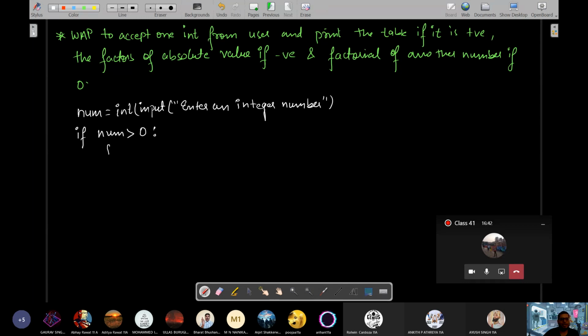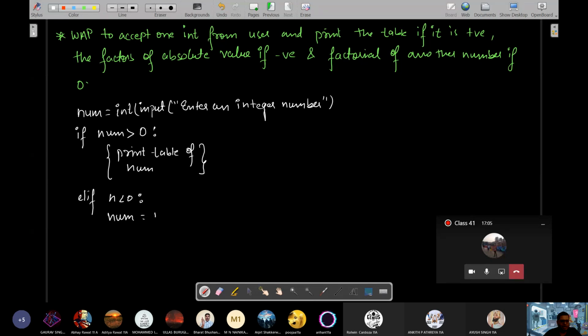So if number is greater than zero, then print the table of num. If number is less than zero, then you will convert it to absolute value first.